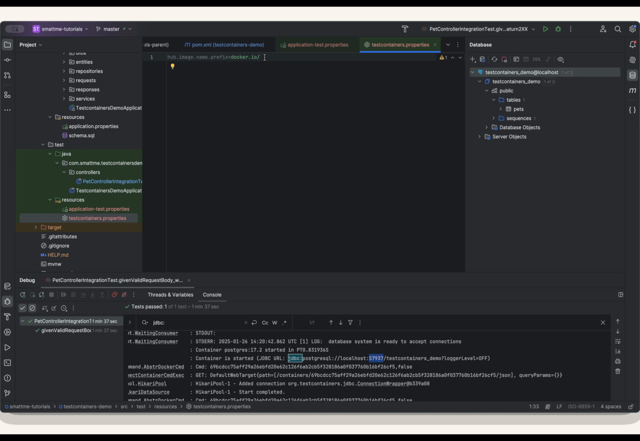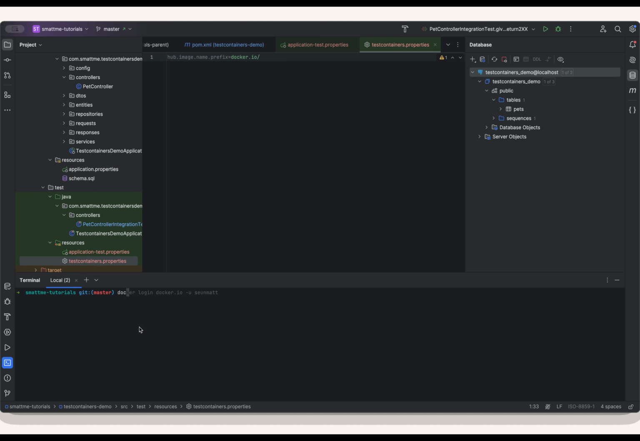Remember, because this is a private Docker registry, remember to log into your Docker registry. You can use the command docker login, the Docker registry URL. In this case, I'm using docker.io, -u, your username, and then you press enter. It will ask for your password, and then you can input the right password and you will log in correctly. If you do not do this, Testcontainers will not be able to pull the image from the private